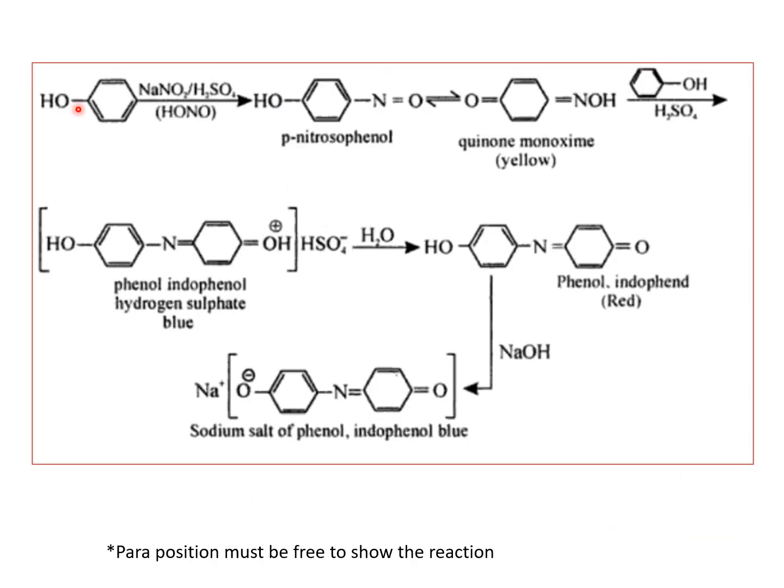The phenolic group is an activator for the benzene ring for aromatic electrophilic substitution. So here, substitution of the nitroso group happens at the para position. When phenol is treated with sodium nitrite in acidic condition, there occurs formation of para-nitrosophenol, and this can rearrange itself in the form of quinone, which is yellow in color.